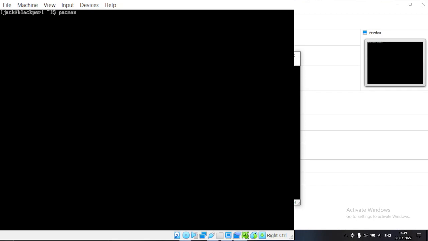For searching whether a package is available or not, you can do sudo pacman -Ss. For searching, you can skip the sudo, because we are just searching, we are not installing or downloading anything. So if I do pacman -Ss and then dmenu, it should be present.